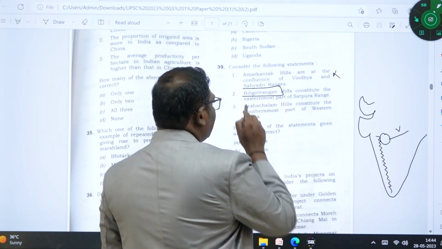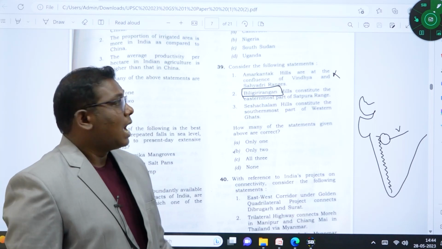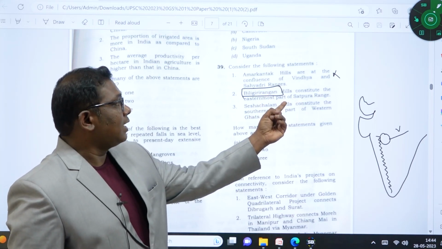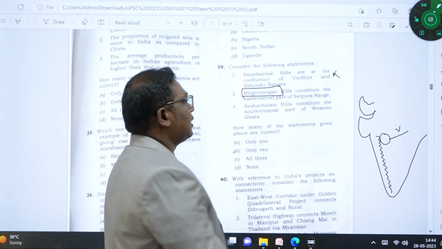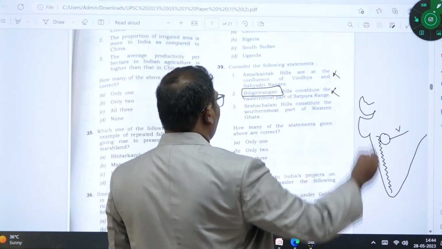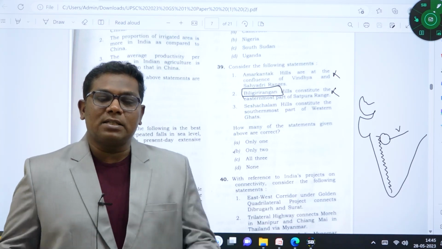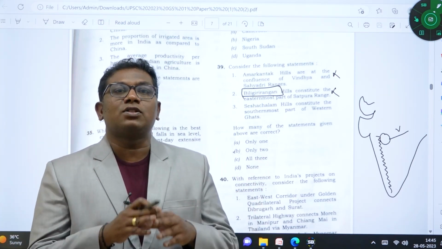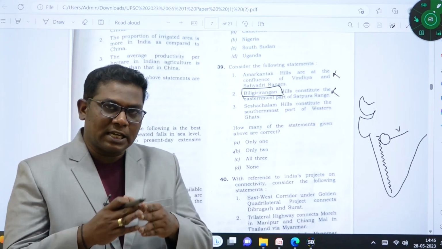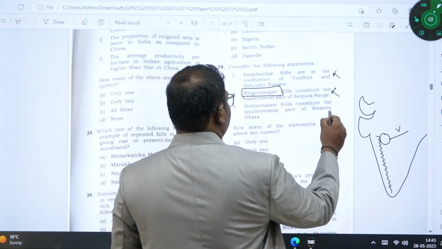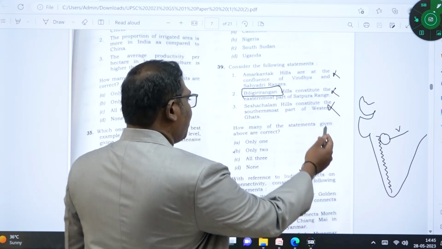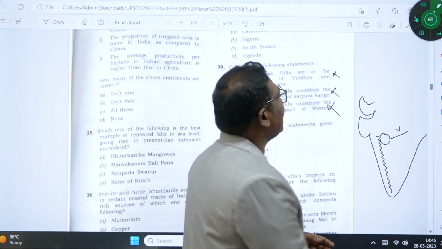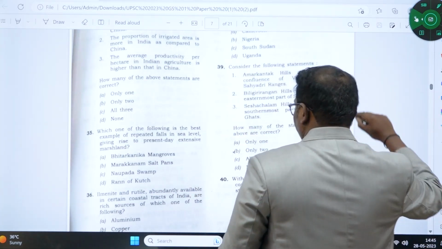Nilgiri hills are the famous mountains in southwestern Karnataka. So it is saying that Nilgiri hills are located in the easternmost Satpura ranges. No. That is located in Karnataka. Statement 2 is also a wrong statement. Seshachalam is the widest mountain and forest range in case of Eastern Ghats. There is no direct connectivity between Seshachalam mountain ranges and Western Ghats. Statement 3 is also a wrong statement. How many statements are rightly matched here? None of the statements. That's why option D is the right answer for the 39th question.